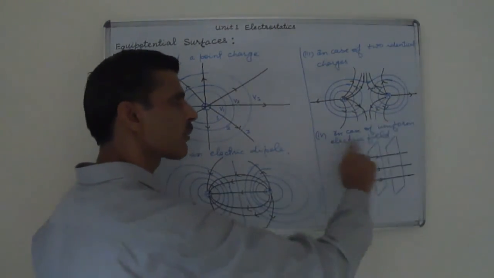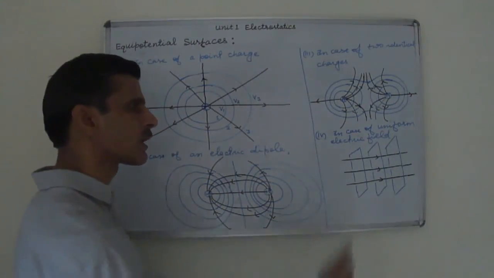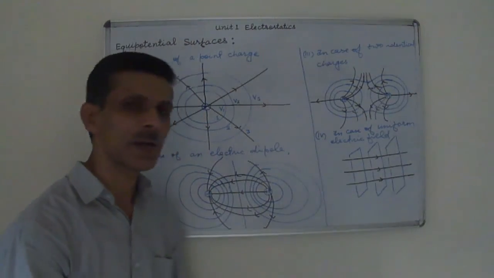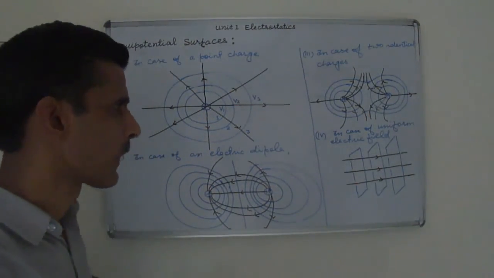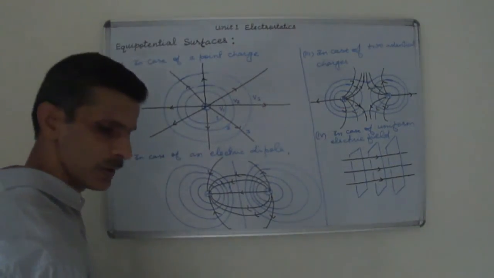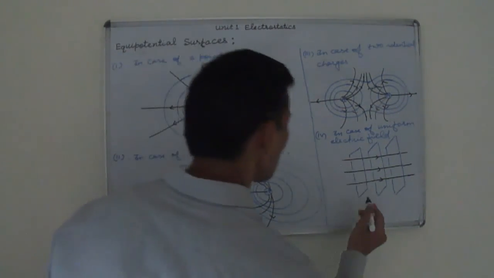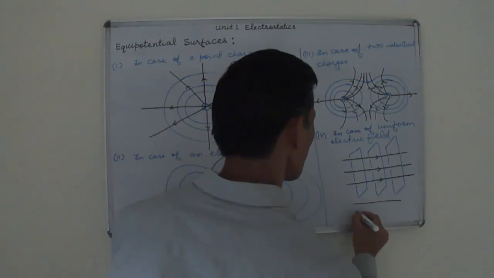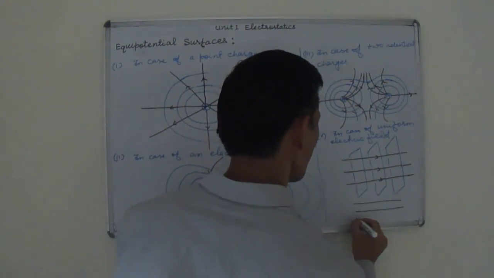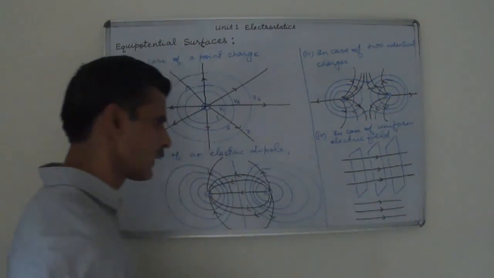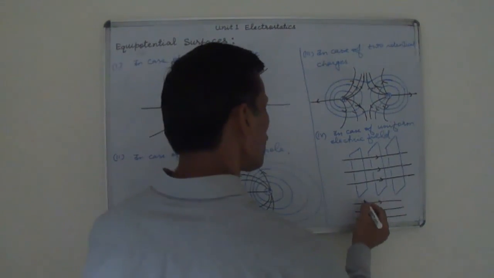So in case of uniform electric field, equipotential surfaces are planes perpendicular to electric field. We can also denote this figure like this. For simplicity, we draw simply